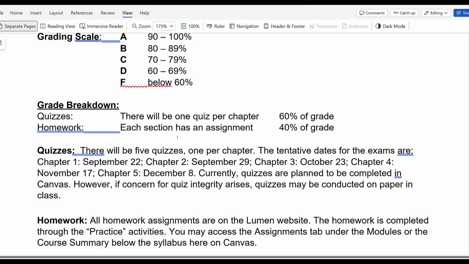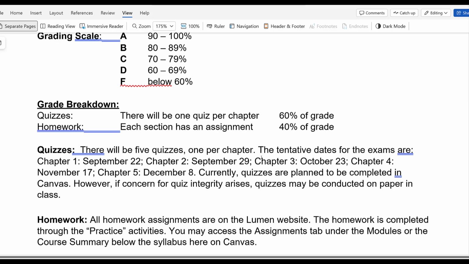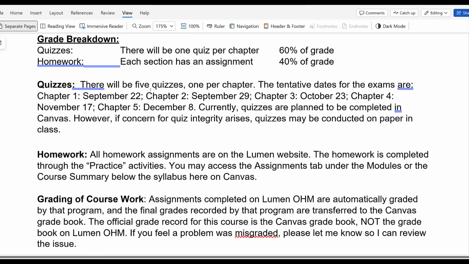Grade breakdown, quizzes. There'll be one quiz per chapter, or test per chapter, however you want to call it. That's 60% of the grade, then the other 40% will be the homework. Each section will have a homework assignment. So there'll be 5 quizzes, 1 per chapter. We'll cover 5 chapters. Tentative dates are,